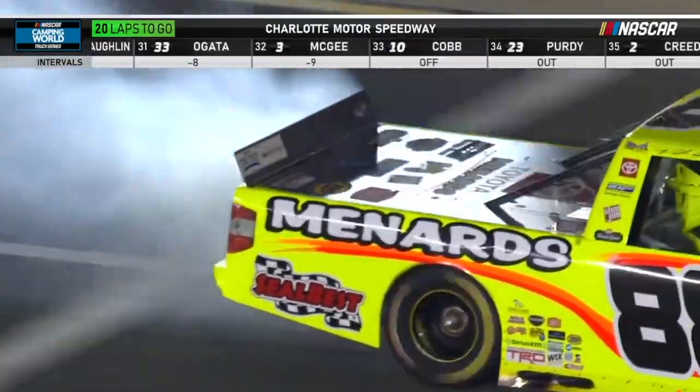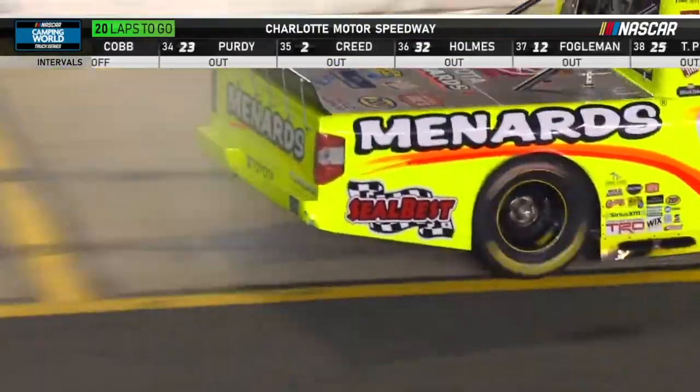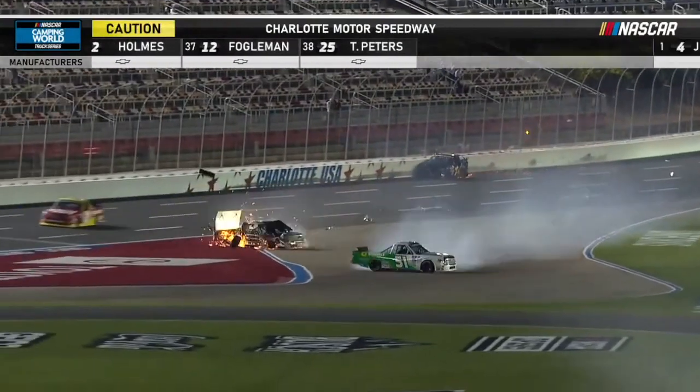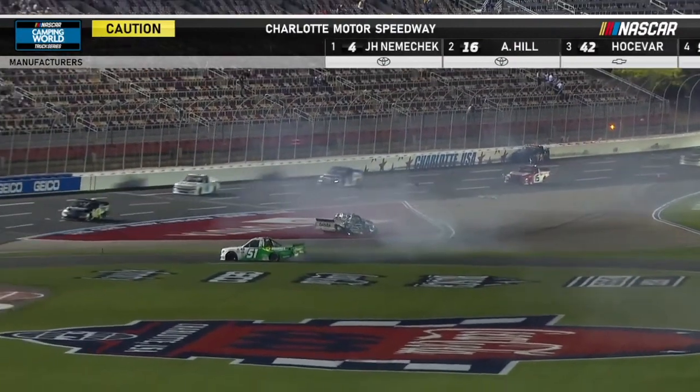Not quite the advantage that it has been in the past, as you see some significant smoke coming from the back end of Crafton. Oh, a big wreck. Drew Dollar involved in that. That has every look of